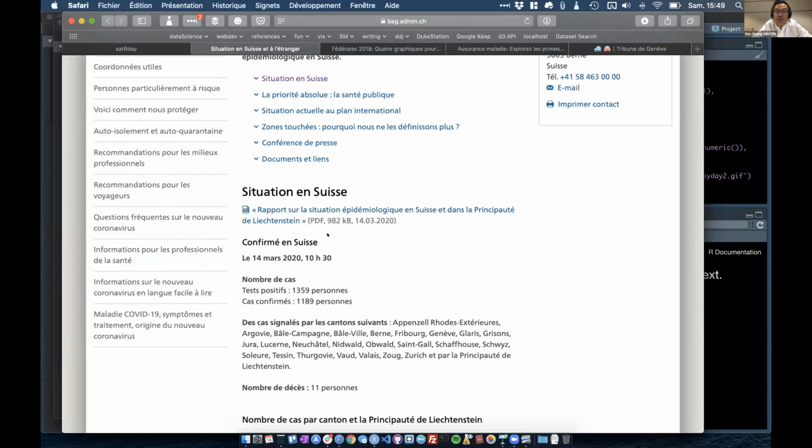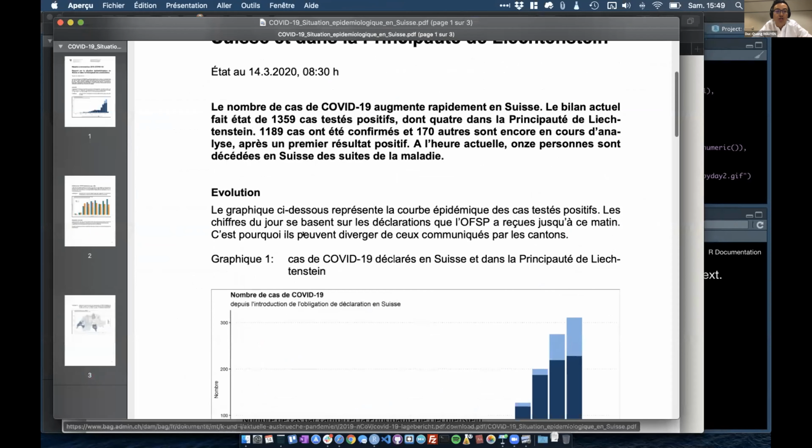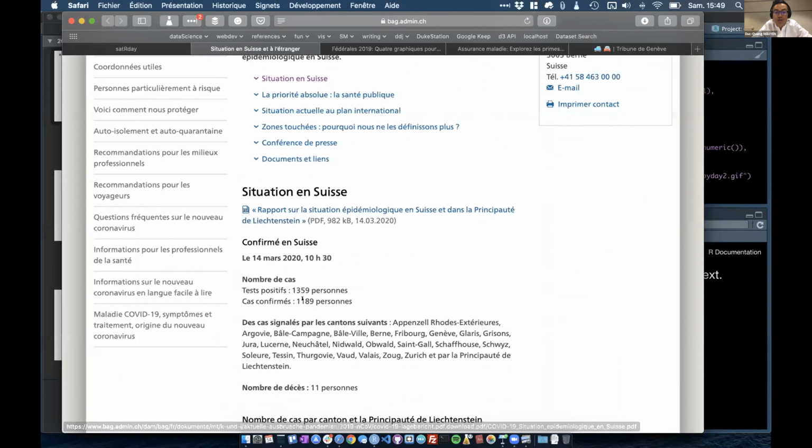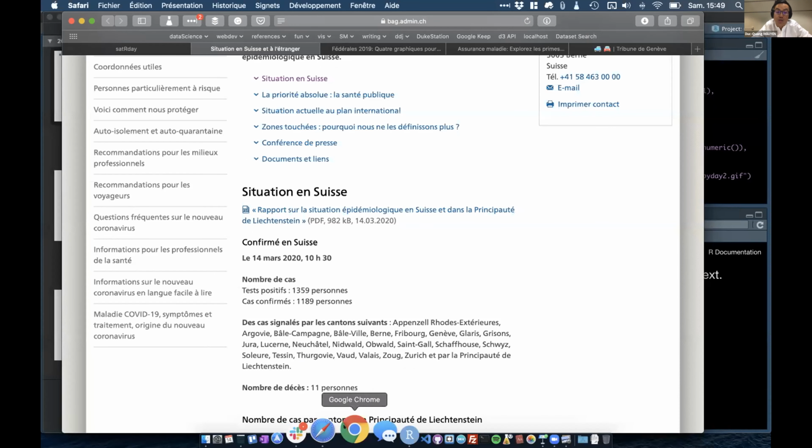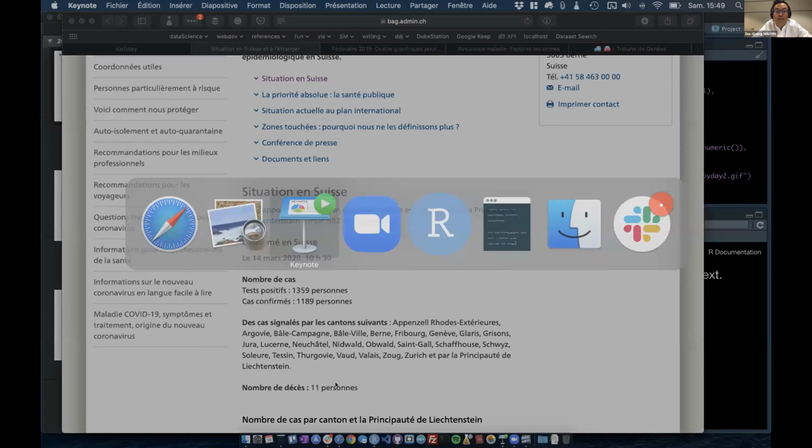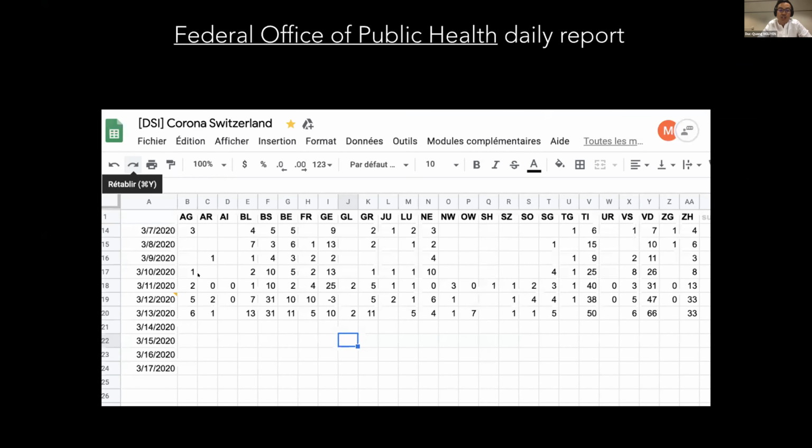And they don't even keep the history of the file, so you really have to write a script to scrape that file every day and to version control it. So what I had to do is manually input the data into a Google Sheet. You can see the Google Sheet here, with the date and the number of cases. I have a different sheet for the number of deaths. There are probably other ways to do it, but the Google Sheet was nice because other people can fill it, and there's a full history. It's some kind of version control, in that you can easily go back in time and see who did what.